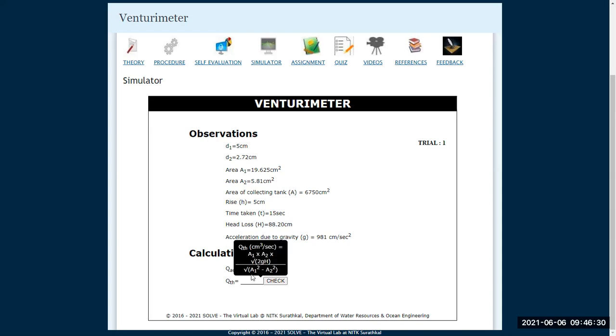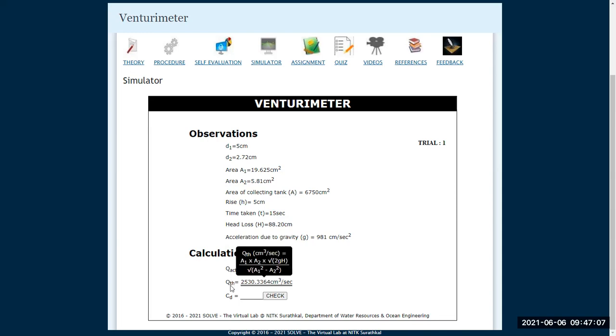So you will get the answer theoretical discharge as 8001.62. Let us just put that answer, and let us check whether the answer is correct or not. It is 8001.626. So the answer is wrong. If you double click the answer, it will show the theoretical discharge; you will get it around 2530.3364 centimeter cube per second.